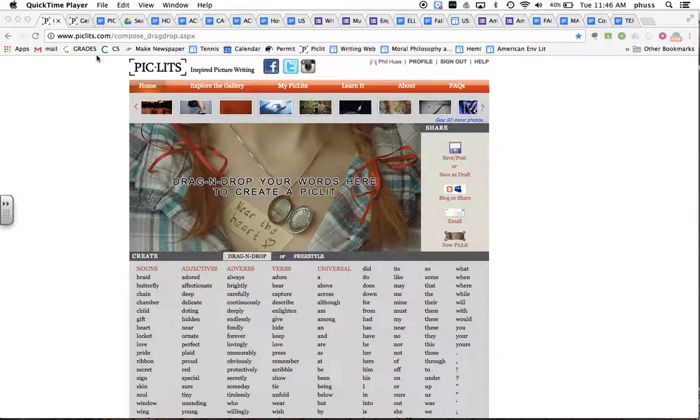Welcome to a tutorial on how to use Piclits.com. As you can see, you come to the website, it immediately shows you a photograph and a carousel of photographs above, and words organized by parts of speech: noun, adjectives, adverbs, verbs, and universal words that you can drag and drop